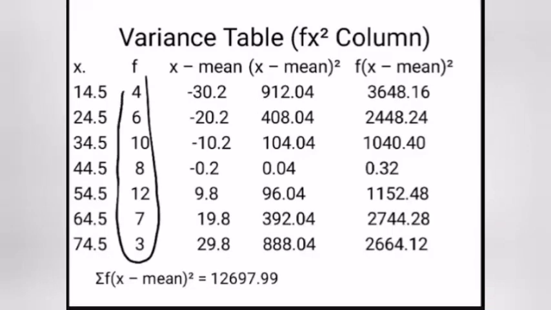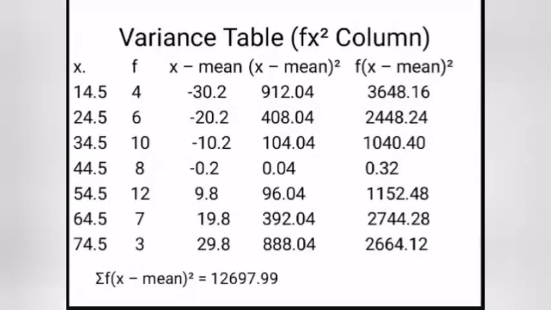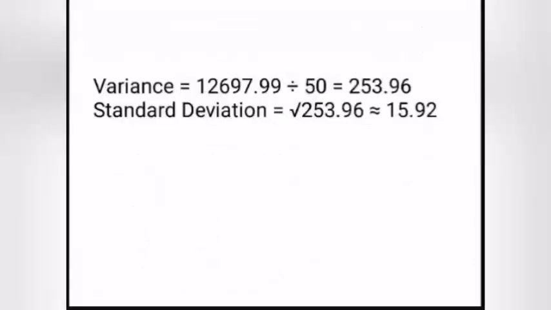So the sum of this will still give you 50, and we already know the total number is 50. So you just divide your answer from summation f bracket x minus mean squared by the total number. That's summation f or n. You can call it whatever. So you have your variance as this divided by this, and your answer is